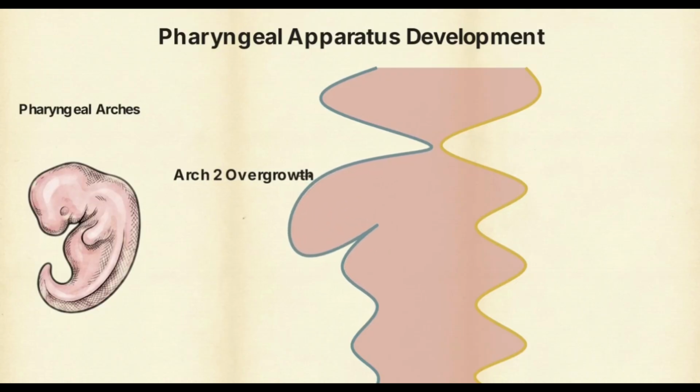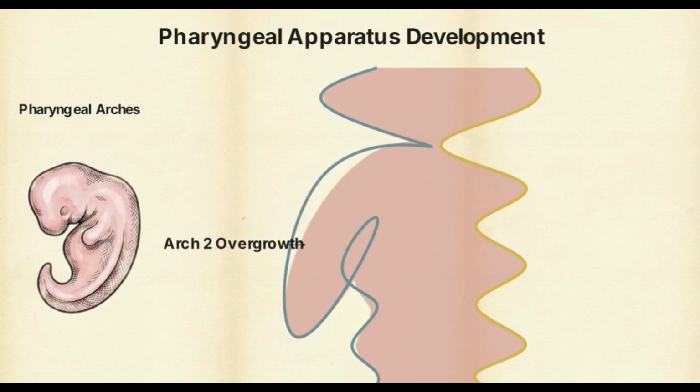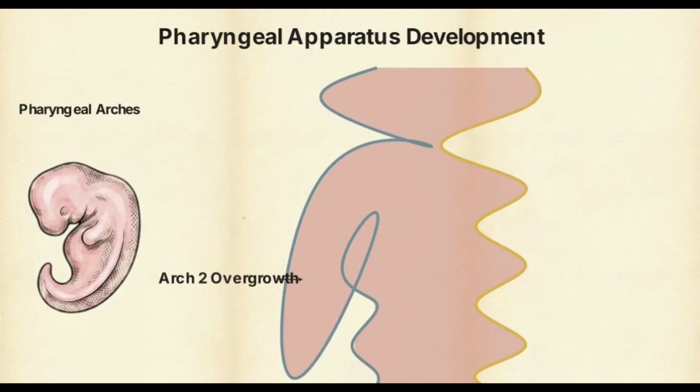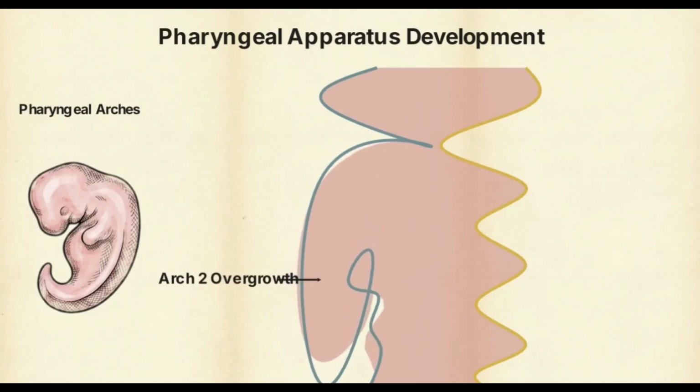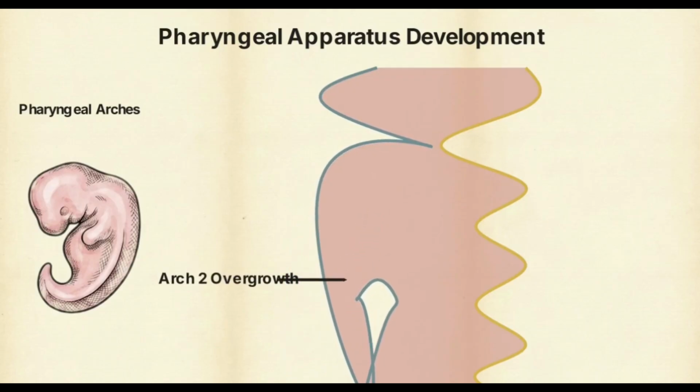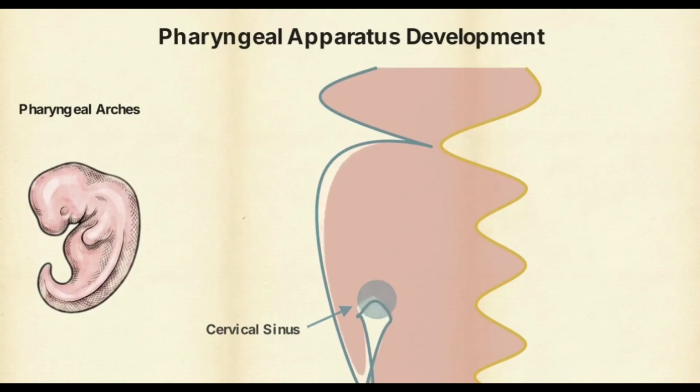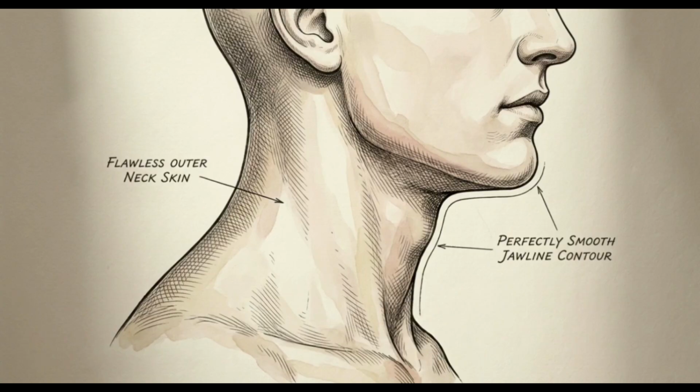Arch 2 undergoes a rapid downward overgrowth. As Arch 2 sweeps downward, it completely buries grooves 2, 3, and 4 beneath a thick layer of tissue. These buried grooves are cut off from the surface, coalescing into a temporary, enclosed, fluid-filled space known as the cervical sinus. The smooth profile of the normal human neck relies entirely on this temporary cervical sinus dissolving and disappearing completely